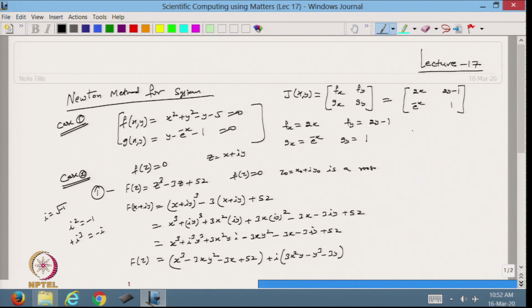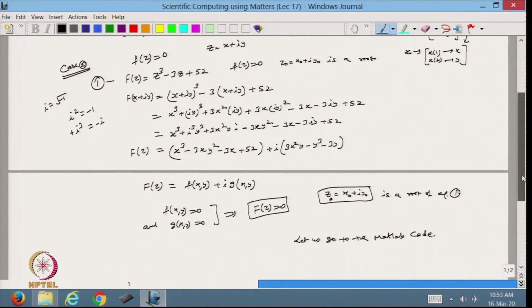So, this is my Jx, and the f vector I have defined like this, f xy and g xy. The x in the code I am defining is a vector, x1 and x2. Basically this is my x and this is my y, because in the MATLAB code we have to define the multi-valued variable in this form, x and y in vector form. So, that we are going to define.